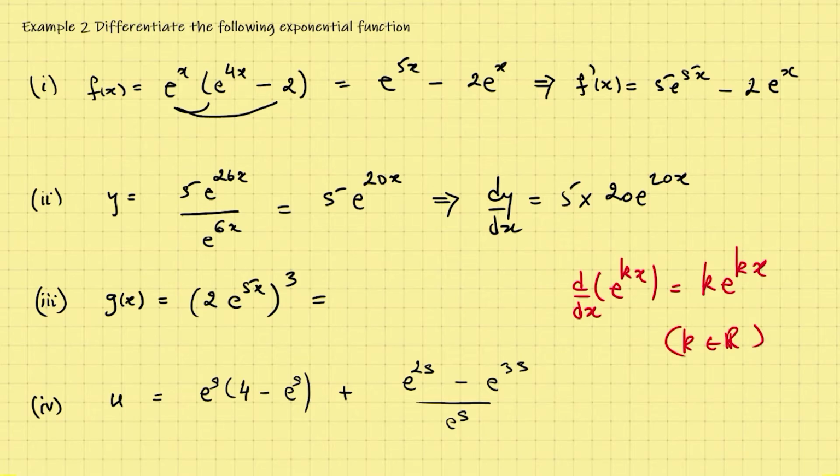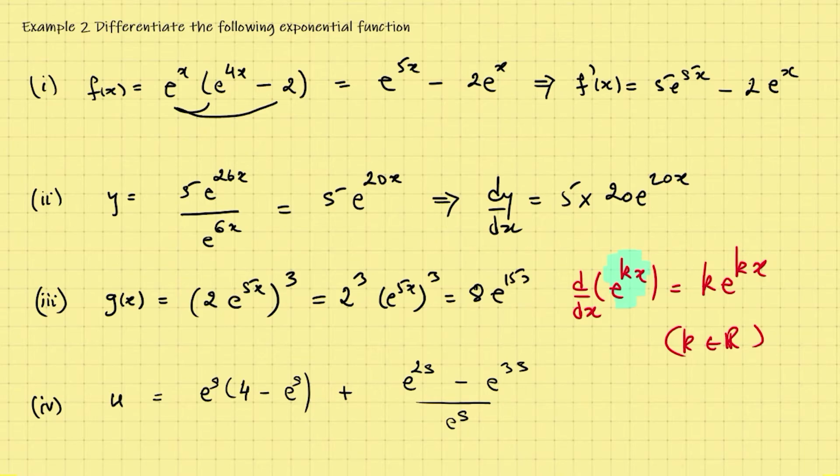To be able to get the expression in my form like this, I will just apply that power to everything in the bracket, right? So I'm going to get 2 cubed, and then e to the 5x cubed. Just figuring out what the first term is going to be. 2 cubed is 8, and e to the 5x cubed, again by rules of indices, is going to give me